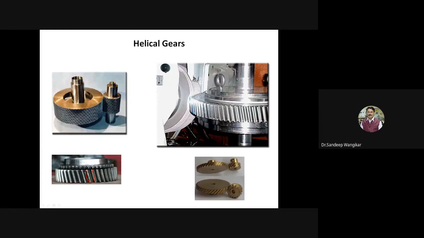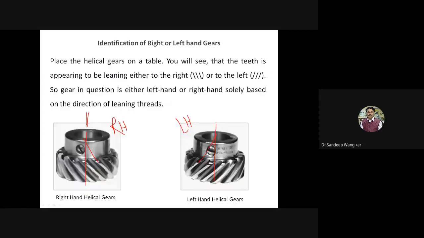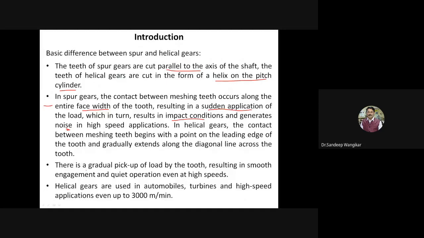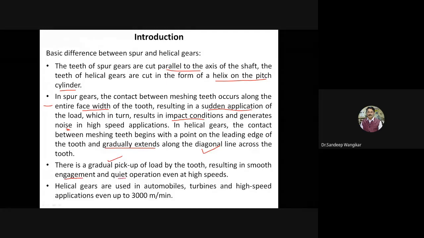So there is a gradual condition; what is it giving? No sudden application of load. The load starts at one point and extends gradually along the diagonal line. So this is a gradual pickup of the load, gradually applied load. If the load is not sudden, it will definitely result in smooth engagement, and smooth engagement gives ultimately quiet operation at higher speed. So quiet operation means